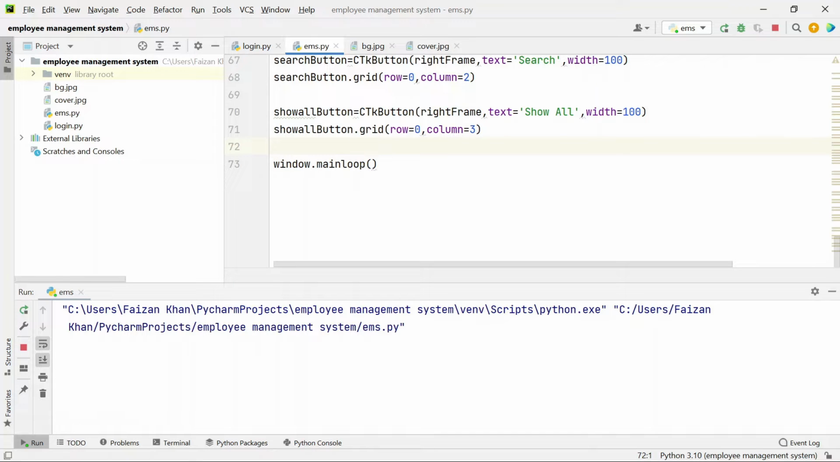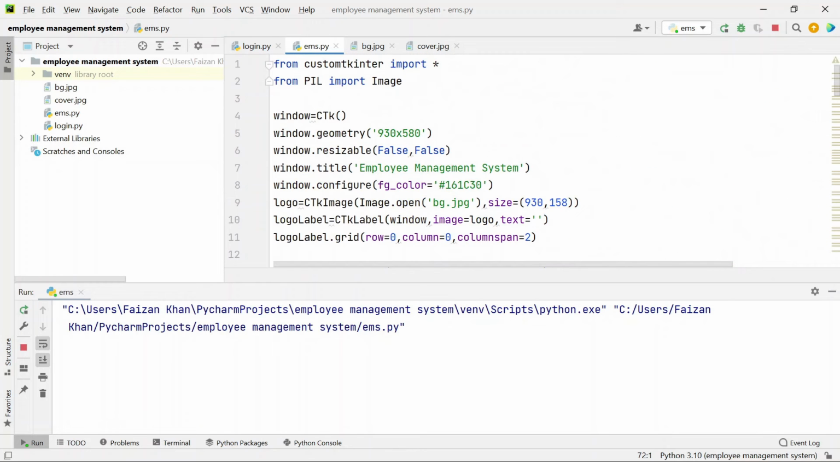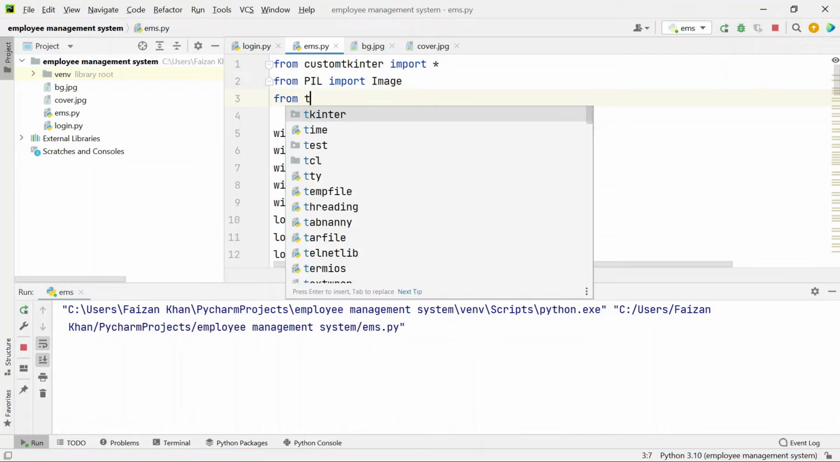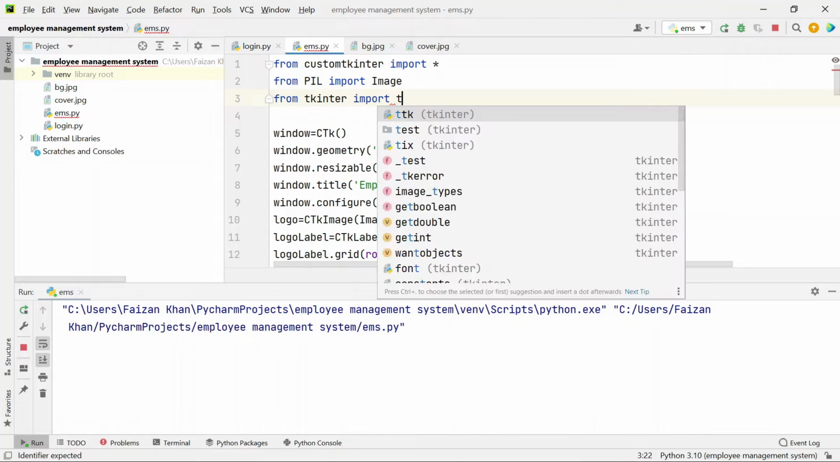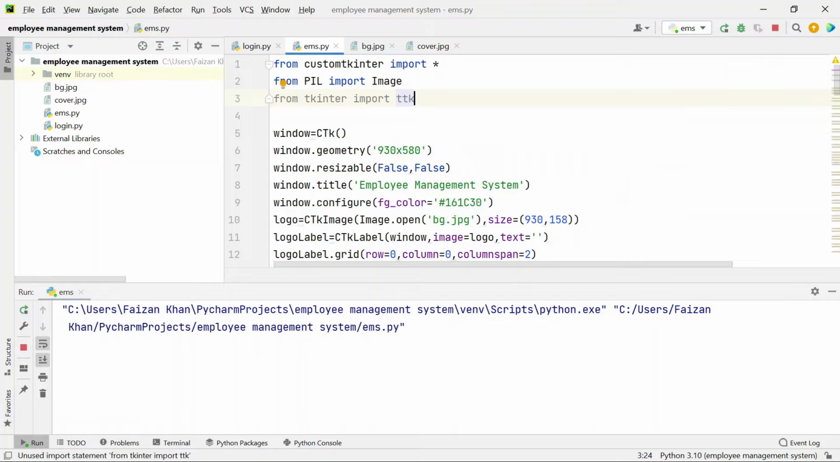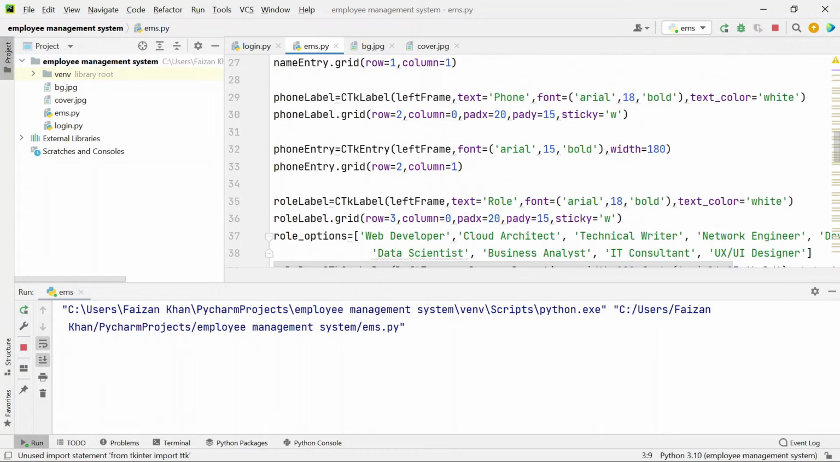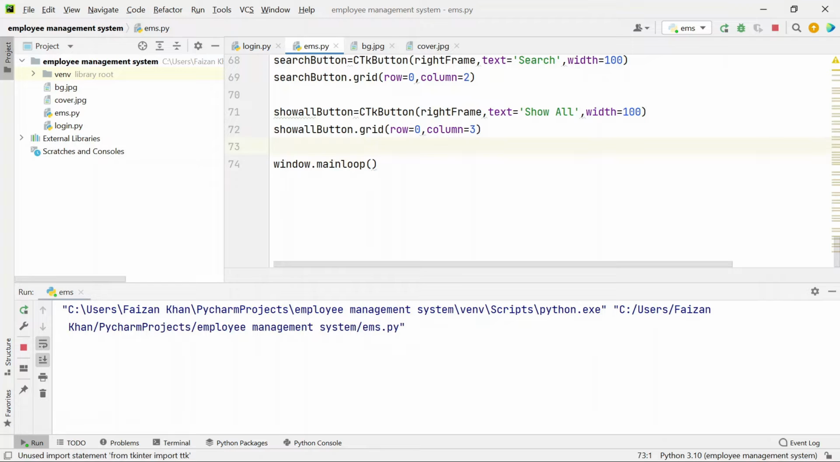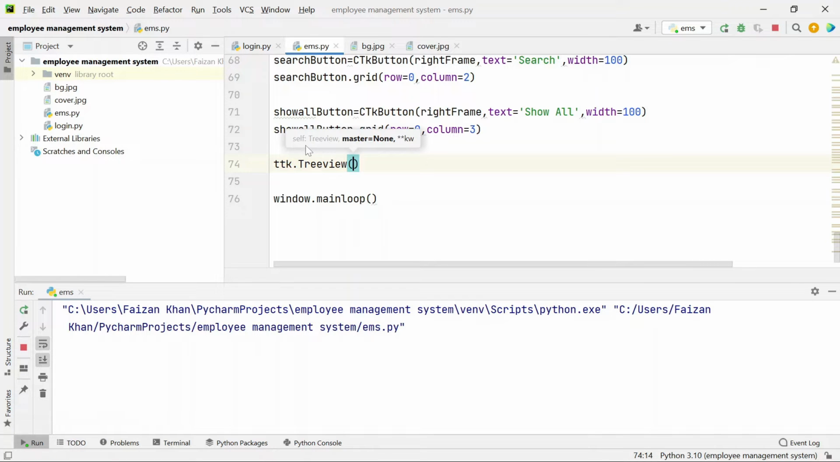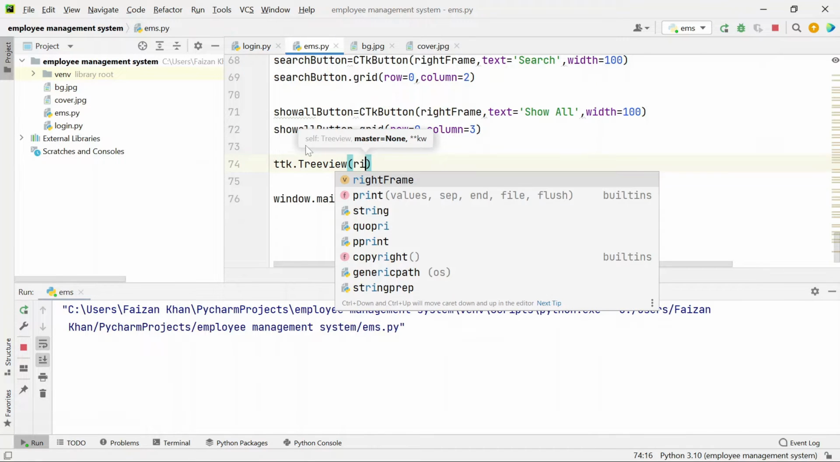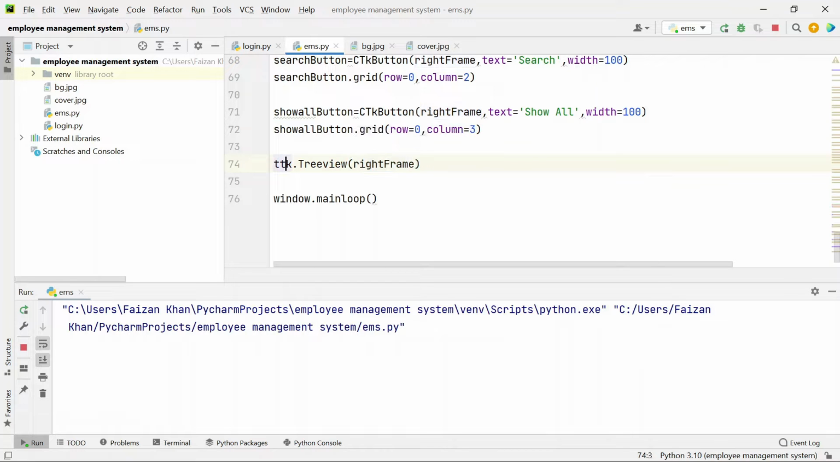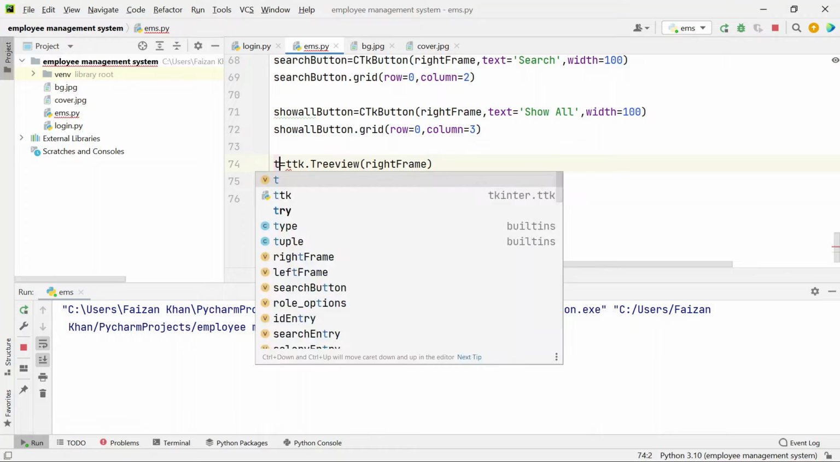So in order to create the tree view, we will be requiring one module which is a part of Tkinter module. So we will import it like this: from tkinter import ttk. Okay, this is the extension of Tkinter module. Now we can use treeview class which is there inside ttk. So we'll write ttk dot Treeview. Okay, this class will help in creating the tree view. So firstly, where do you want to see this tree view? We want to see this tree view inside the right frame, so we'll mention that, and then we will create its object, so we'll call it tree,